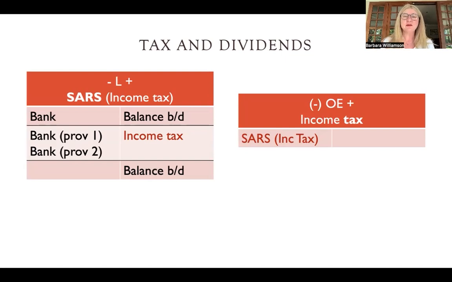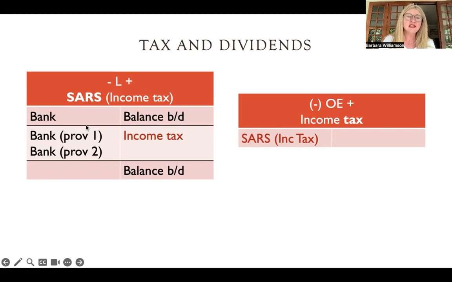It doesn't mean that the money is owed to SARS yet. We are simply paying them in advance. And that is why we are showing it here in the liability account rather than popping it straight into tax. Because during the year, we don't know. We might have been doing really well and think that we're going to make a big profit, but suddenly in the second half of the year, we make a loss that would offset it. So SARS doesn't actually show it as a tax liability until they've done the final assessment.